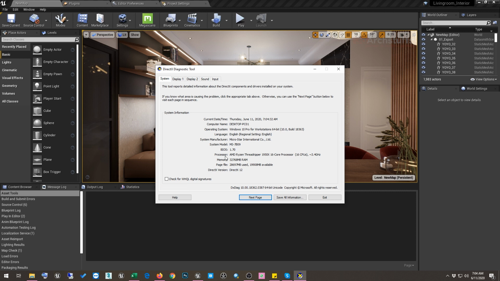You have to make sure that your Windows is Windows 10 and it is updated to above 1803, and it has DirectX version 12, because if you don't have DirectX 12 in Windows, then ray tracing will not work inside Unreal Engine. So it's absolutely needed.